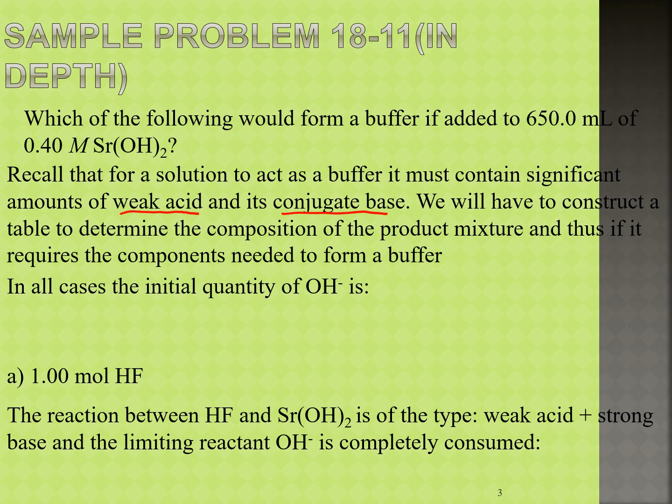So we're going to figure out, can we produce both a weak acid and a conjugate base? So the first thing I need to do is say, from my 0.4 molar strontium hydroxide, how many moles